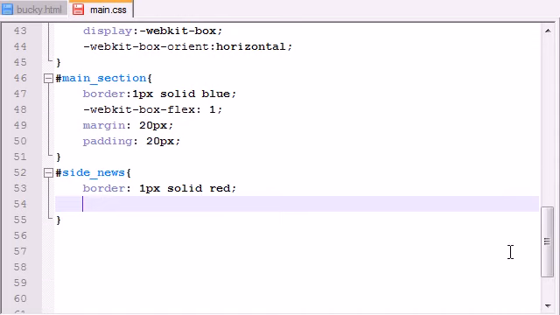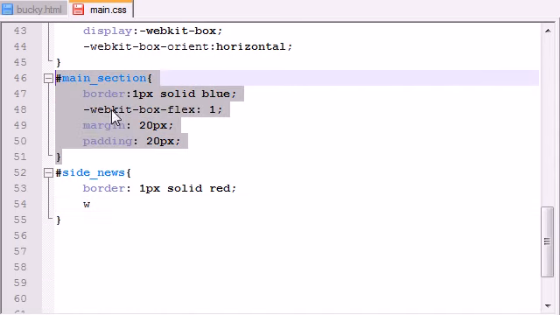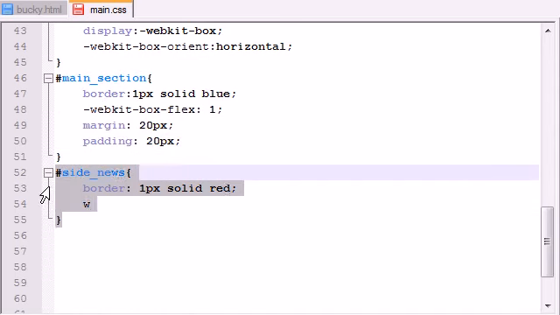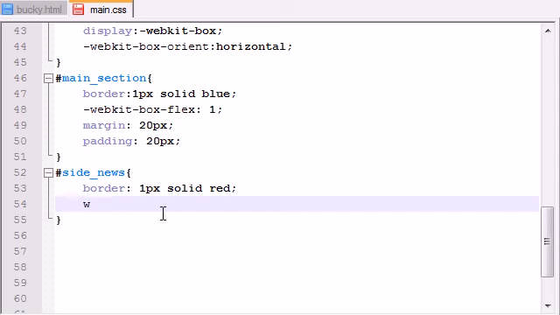So I know I talked a lot about that and it took me like a minute, but it's definitely important, something to take note of. So since this section is flexible, it's going to be on the side of this section. We need this one to be a fixed width. So in order to do that, just go ahead and set the width equal to something like